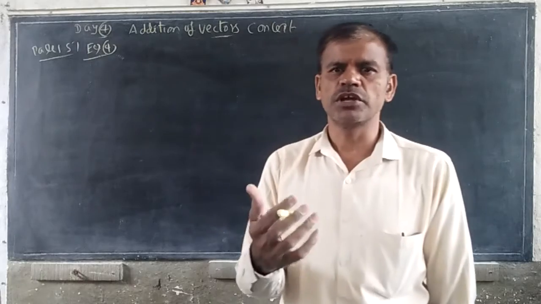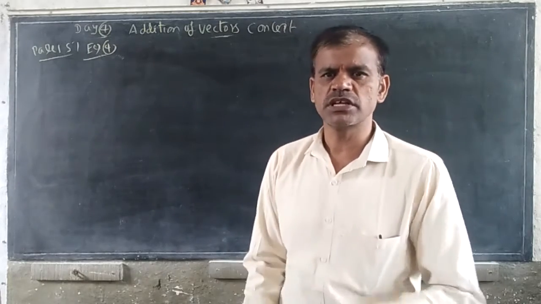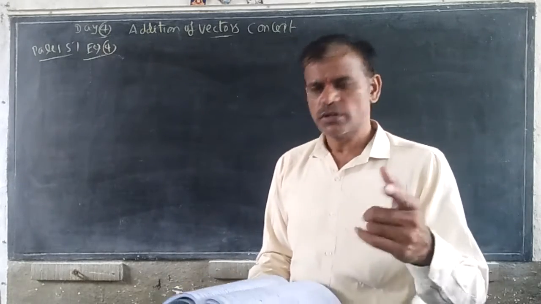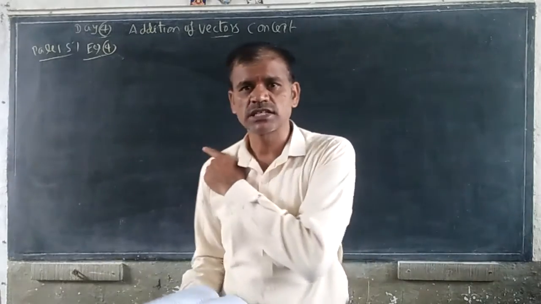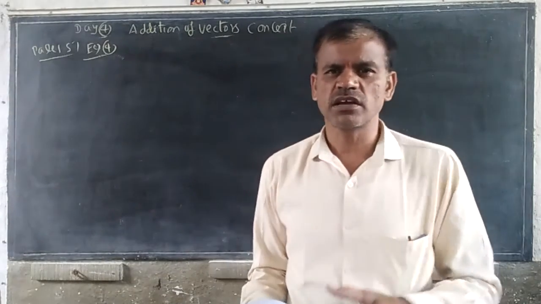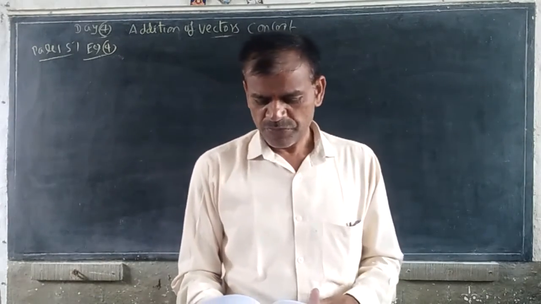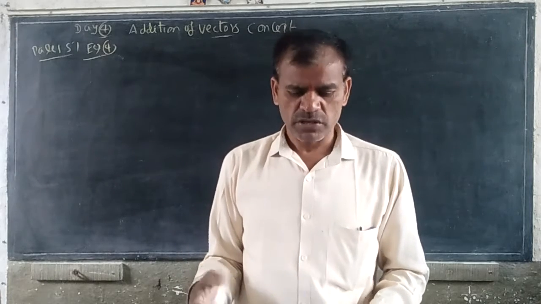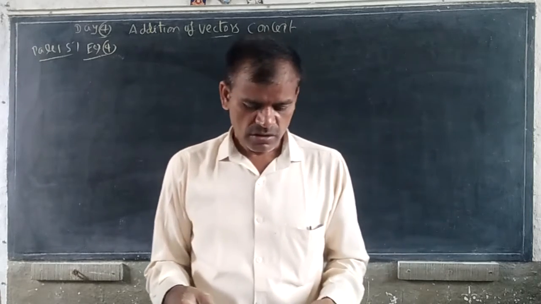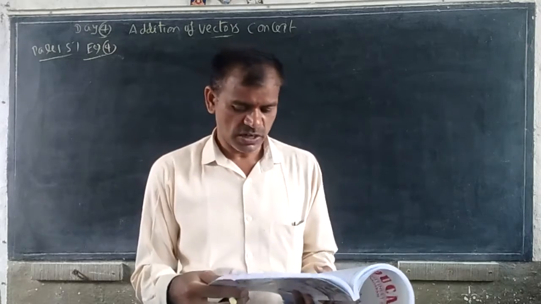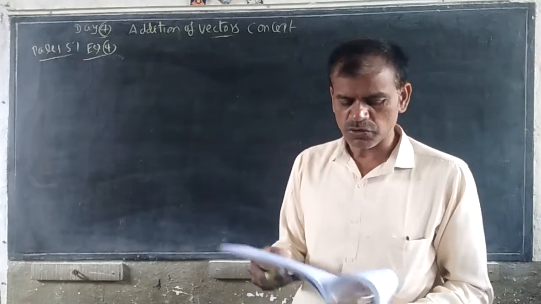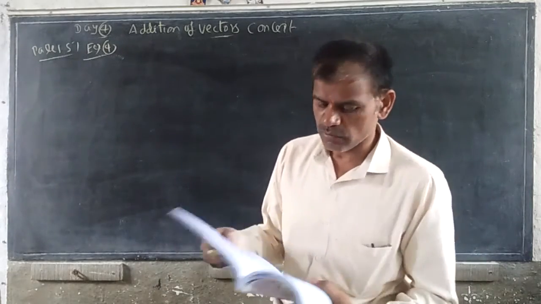If it is given that they are collinear and coplanar, the concept is linearly dependent. We used it. Of course, we did not use such a concept in IPE. We used only that A is equal to 0 while we were teaching in IPE. That was a very easy method. Of course, in objective also we can use that only. But this is the concept. Using the concept, we should do example 4 now.